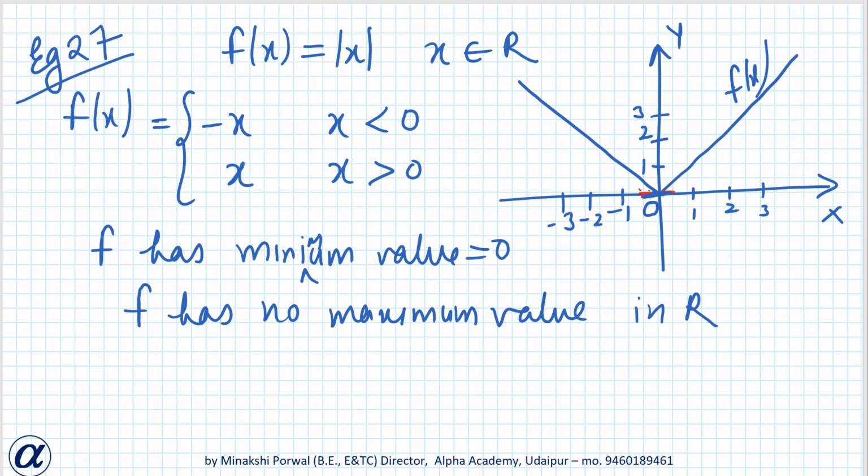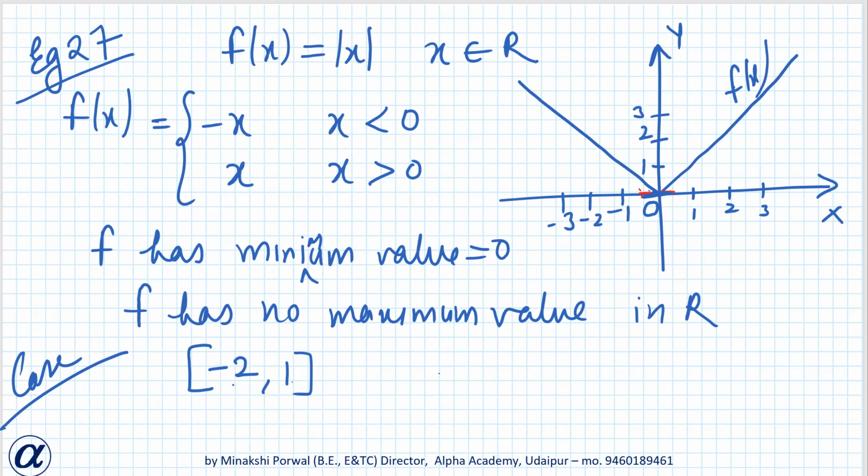Okay, here also they have taken one case. Suppose we restrict the domain. Okay, one case is given. Suppose we restrict the domain from -2 to 1 only. Now if we restrict the domain from -2 to 1, that means x will vary from -2 to 1, taking all the real values between them.